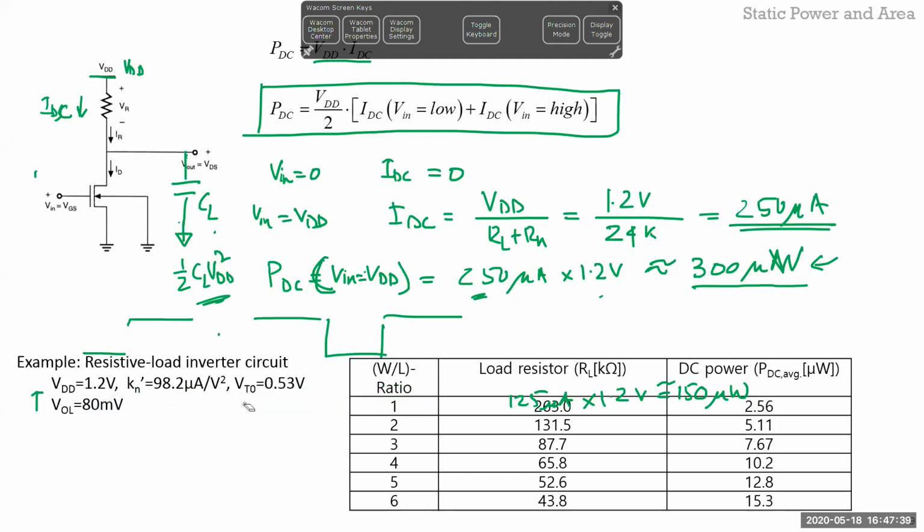Okay, so here I have an example. I think this is an example from the book. So in this example, VDD is given, some mu and Cox, W over L is given, VT is given, and it is asked to design that resistive loaded inverter, the one on the top, with a VOL of 80 millivolts, right? So you can see that you can achieve that by different combinations, because it's not a constraint condition. It depends on,